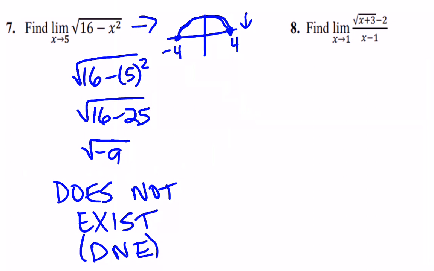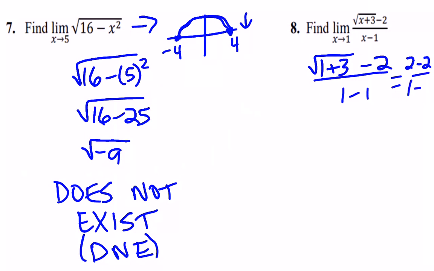All right, let's look at the last question, number 8. Let's try substituting in and see what happens. And if you can use your infinite powers and see that it's going to be 0 over 0, you could just go ahead and skip this step. So I'm going to get 2 - 2 over 1 - 1, wouldn't you know, is 0 over 0. But I don't really know about all that factoring stuff when I have a square root. So this is going to require me to have a different skill